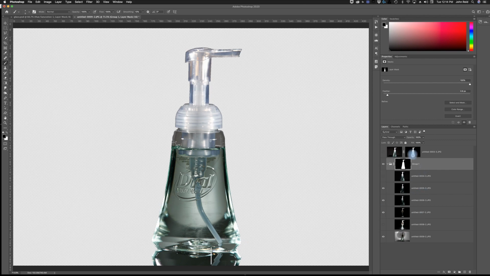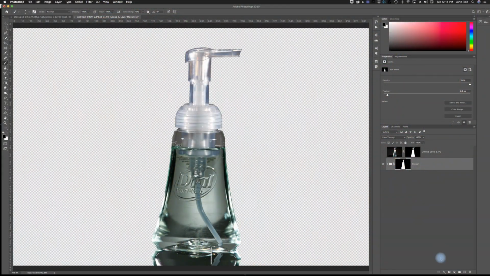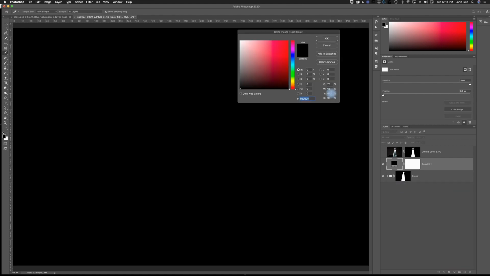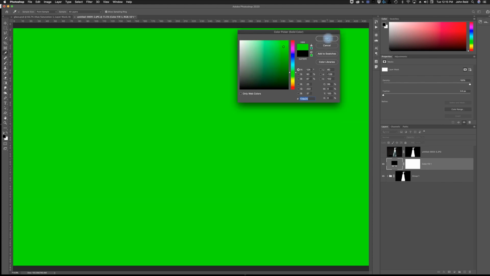edge there. Now, what I want to do at this point is put a background behind this. So I want to add a background. It's a greenish color, so I'm going to add a green background, I think. The way I'm going to do that is go down here to a solid color and get a solid color for my background. Now I'm not sure exactly what color green I want, but we'll just go with something roughly in that area